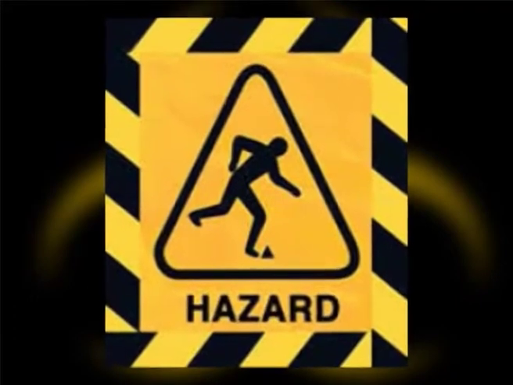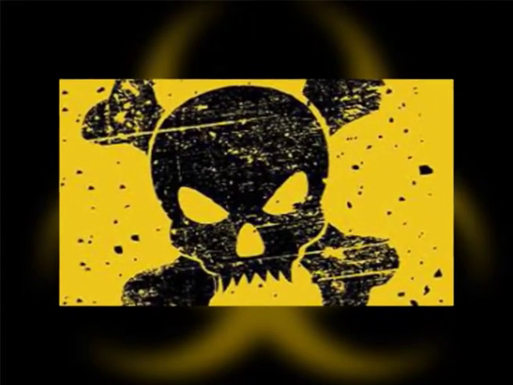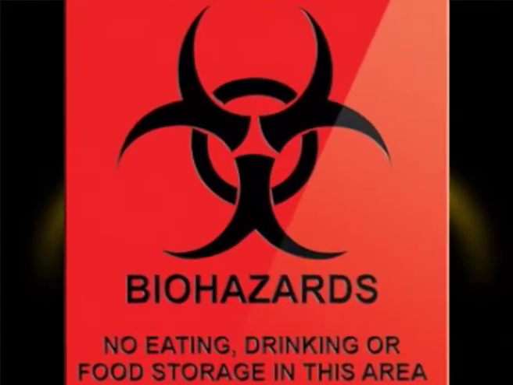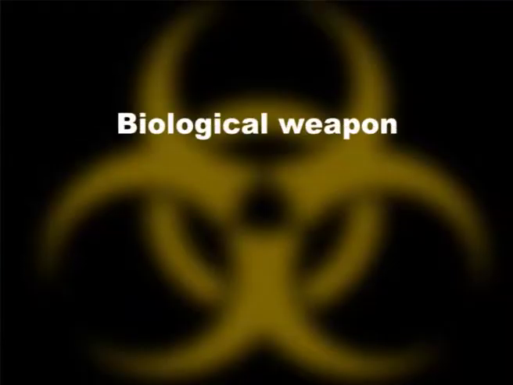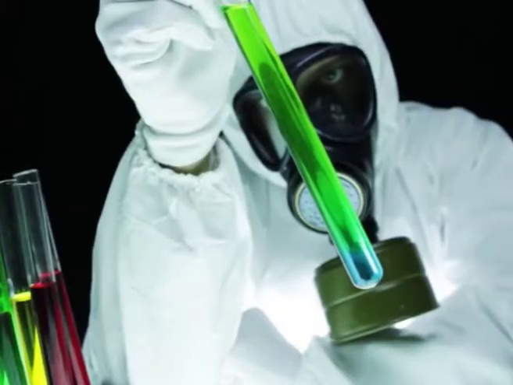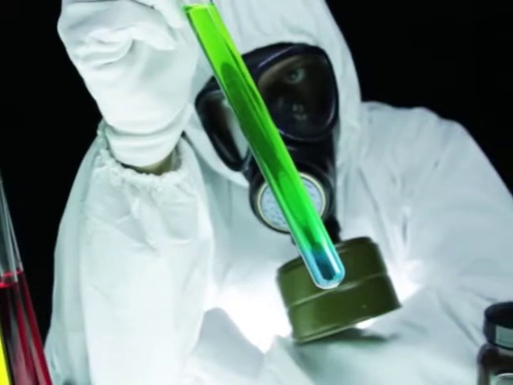First of all, we shall learn the meaning of hazardous. Dear students, the dictionary meaning of hazard is something that is dangerous and likely to cause damage. Here we are studying biohazard, that means something living that is deadly to human beings. Hazards exist in many varieties and forms. For the sake of convenience, we can divide them into categories such as biological weapon, chemical weapon and explosive. All these are categorized as hazards. Here we will deal with only one, that is, biological weapon.